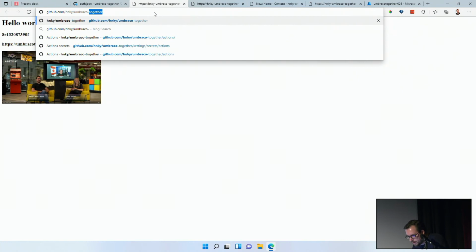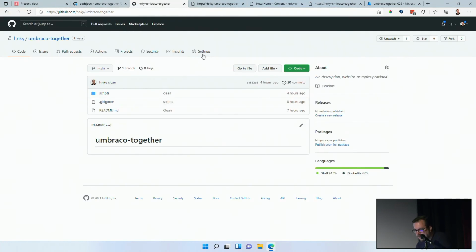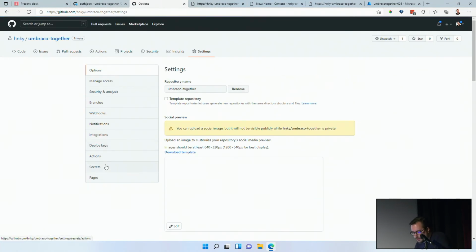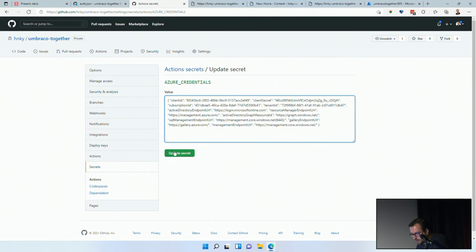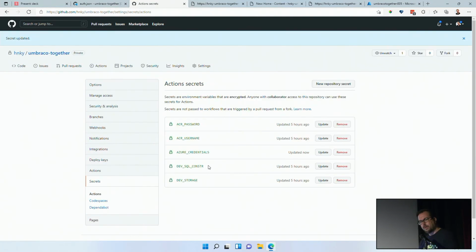that's the wrong one. This one. You can find those secrets under settings, secrets. And now we just have to update these credentials. So this one goes in Azure credentials. And because we're going to use Azure